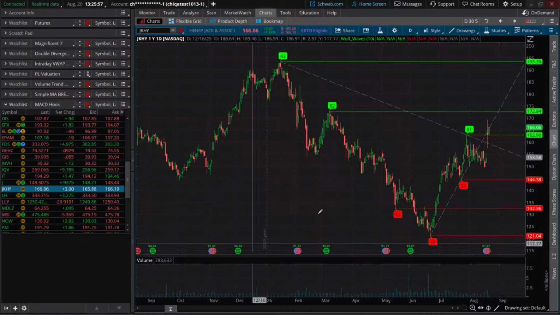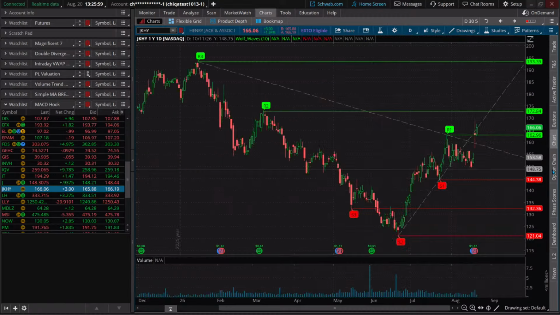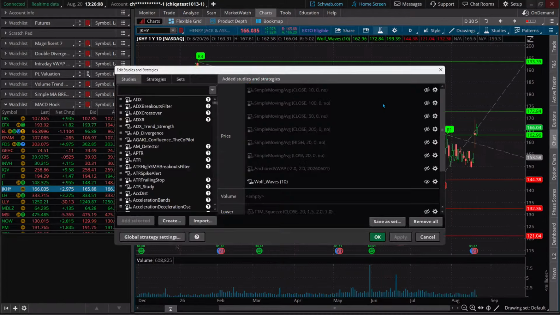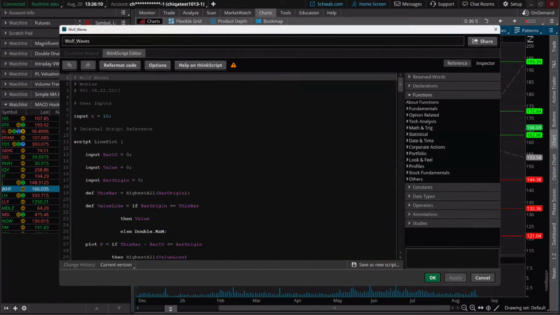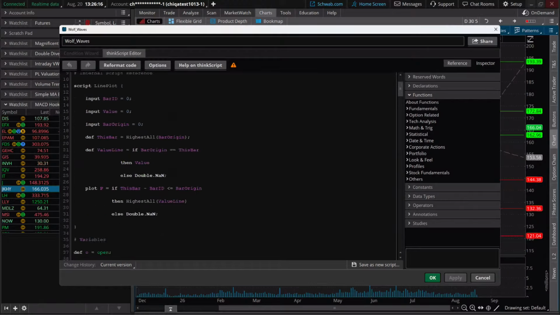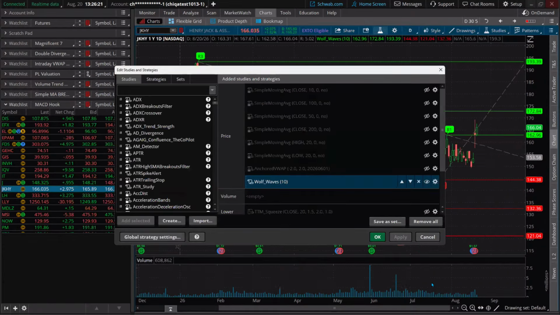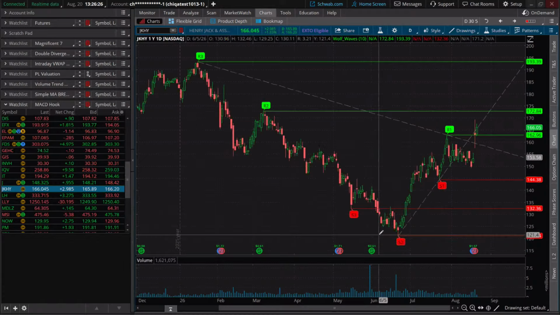Now, this JK, even though the hook was the one that found it, oh, let me share it too. Let's just share it. Again, think scripts, not guaranteed times for accuracy. We talked about that, but yeah, right here, I'm going to share it with you. And you can just see over here, Wolf Waves by Mobius. It's been out for a little bit. I hadn't seen it myself, but it's very, very popular. Now, remember, you've got to go to the right library, though, to pull this up. And that's going to be the chart library. So as I put this into the box here for you guys to check out, there it is, Wolf Waves. I'm going to make a note of it.